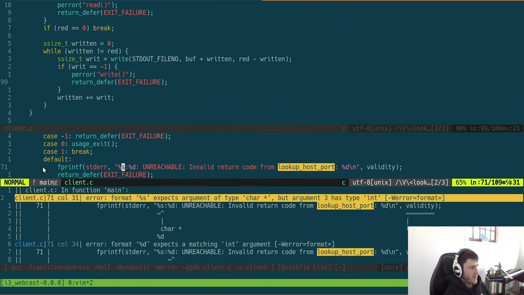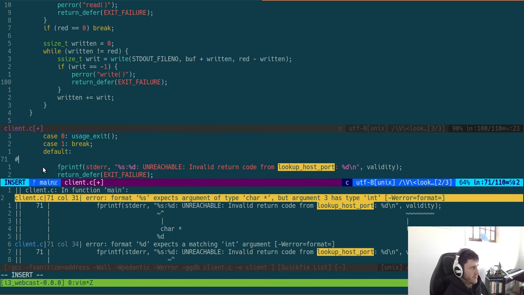Yeah, so I think I want to make this unreachable here, so just do it here, unreachable, and I kind of want to give it a format and other things,